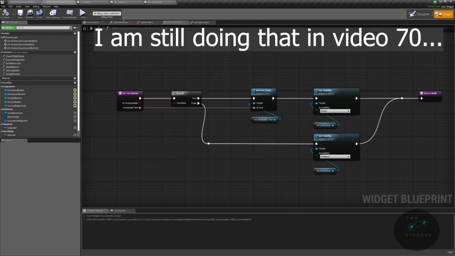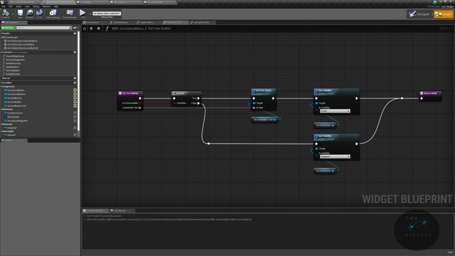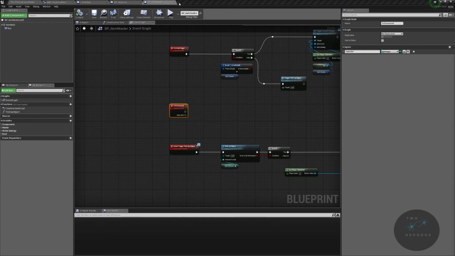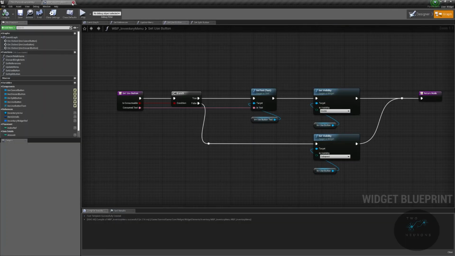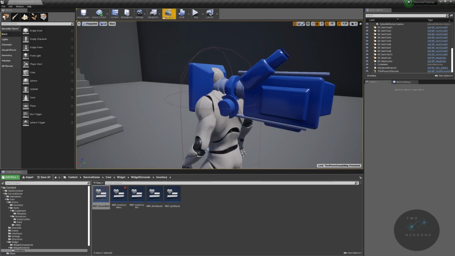I told you I was going to do that, even though I set up the always save unsuccessful compile. We have done our update menu. We've set our use button. We've set our split button. We have our check if multiple items. We have our discard multiple items. All we have left to do is spawn our discard menu and spawn our split menus, and we'll be done with this widget. Well, that said then, we can close everything out, and we are now ready to finish our